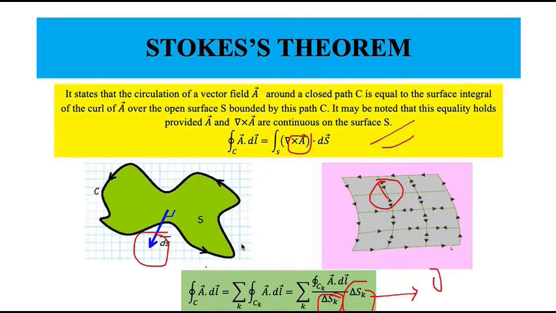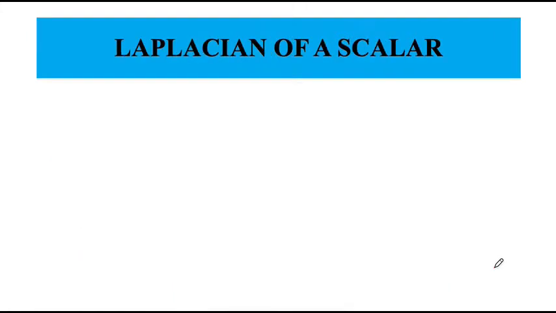Okay, note that whereas the divergence theorem relates a surface integral to a volume integral, Stokes' theorem relates a line integral to a surface integral. Okay, next is our last topic. These are integrals of vectors. I'm just adding one more topic, that is the Laplacian of a scalar. This is a differential of a vector. It was the fourth topic in our last vector calculus lecture, which I left out because it would become a little lengthy. So this is the Laplacian of a scalar.